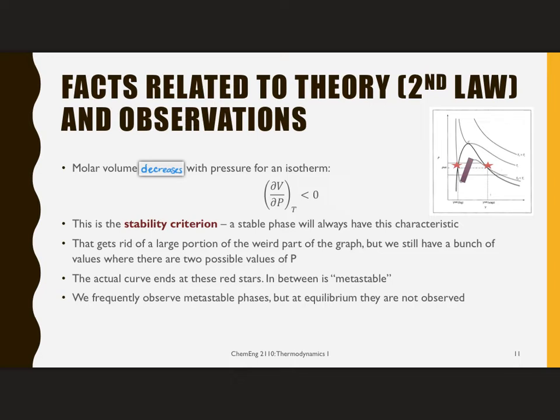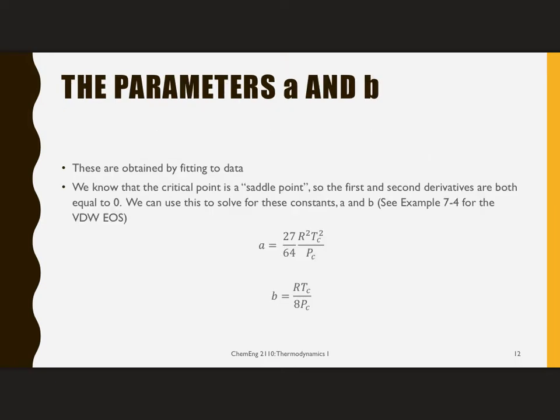Thermodynamics is only defined for things that are at equilibrium. So therefore, the parts of the graph we are concerned about are this and this, with a little bit of interest in this portion here and here, and we know that this portion is going to be non-physical. In order to use these equations, we're going to need to determine the parameters A and B,